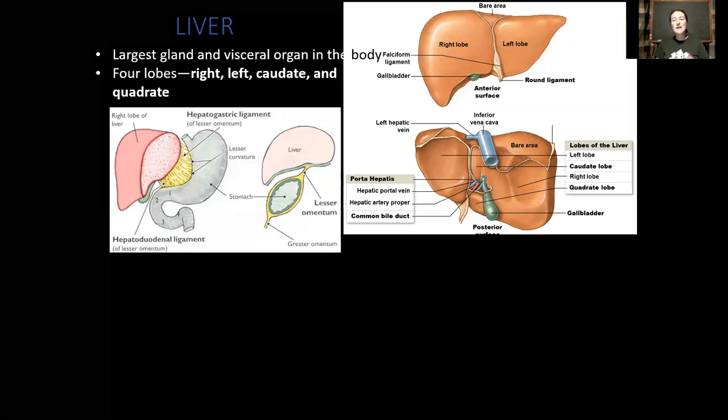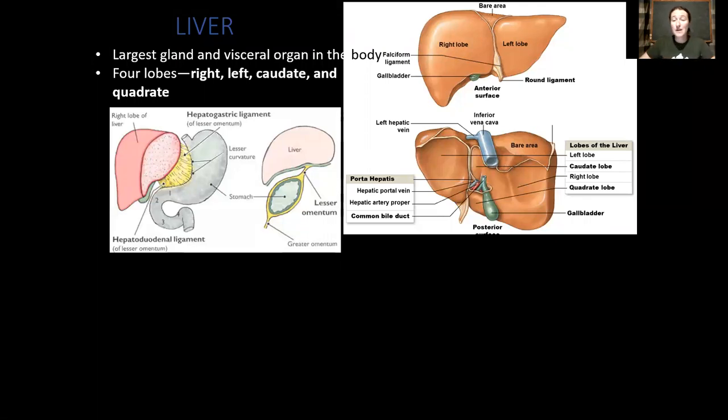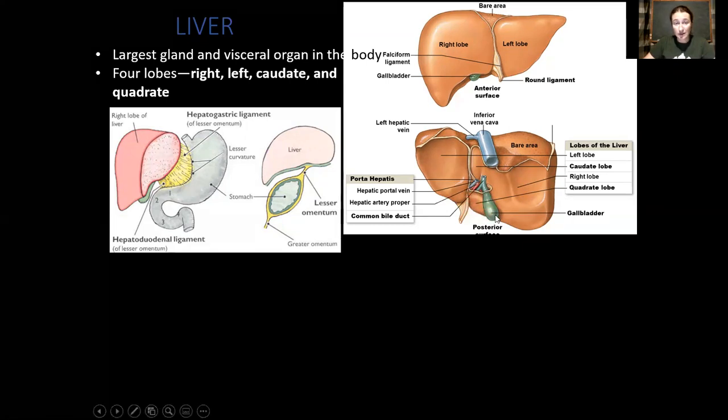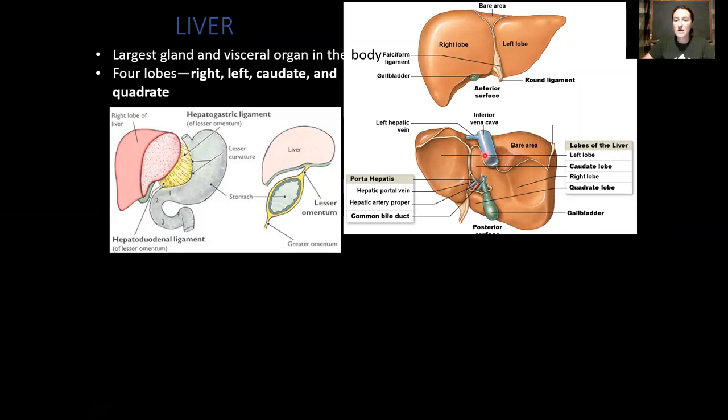Okay. The liver, the human liver that is, can be broken down into 4 different lobes. And again, the lab models will hopefully help you to see these a little bit more easily. But the right lobe is the largest. The left lobe is kind of triangular in shape. If we flip the liver over and look at the inferior aspect, so this is out towards the stomach, this is towards your back. We can see the right, we can see the left. Also, we can see this little square shaped lobe, that is the quadrate, right? So quad 4, so 4 sides to a square, and the caudate lobe here.